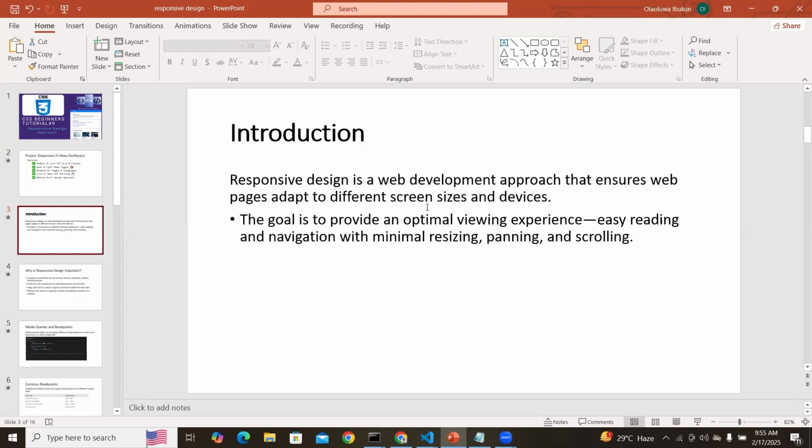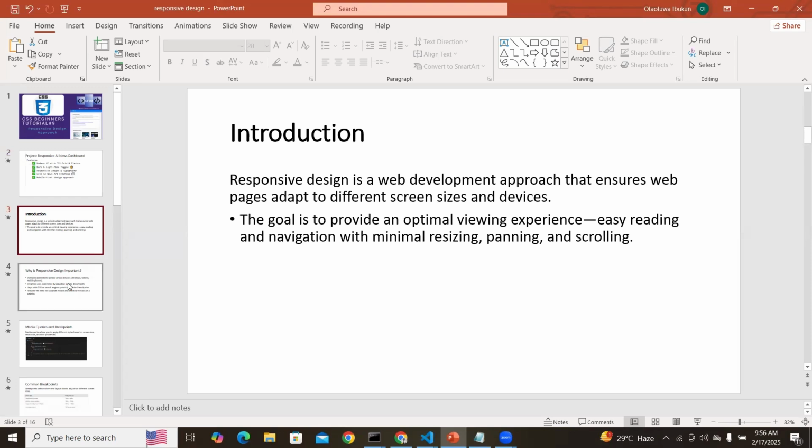I've already shown you this. The application I built, I showed you on mobile device, on tablet, and on desktop devices, how the layout switches, the font size changes, the image conforms, and all that, right? So that is very, very important. The goal is to provide an optimal viewing experience, easy reading and navigation with minimal resizing,